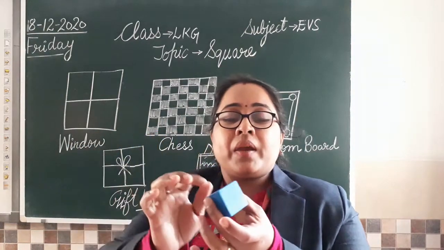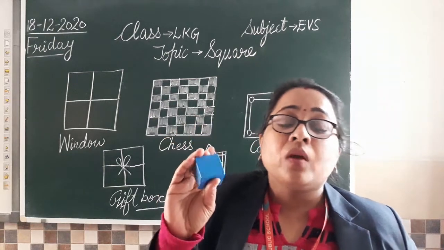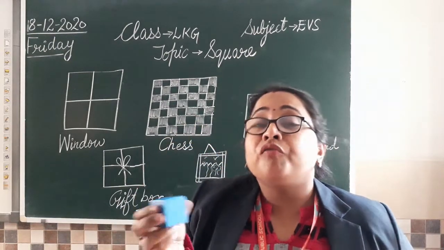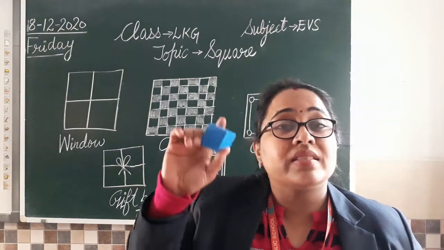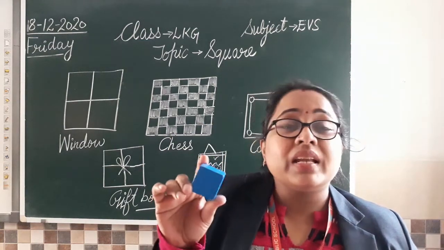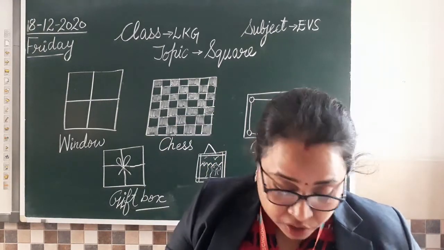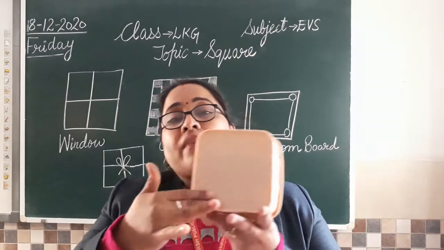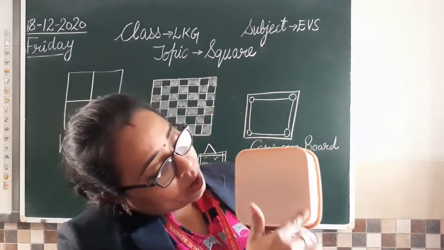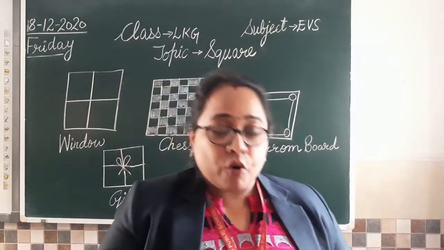अलग अलग sides पे numbers लिख सकते हैं हम. उस पे numbers के dots बने होते हैं. 1 dot, 2 dots, 4 dots, 6 dots, 5 dots, 3 dots. इस तरह से numbers होते हैं उस पे 1 से लेके 6 तक. So again, that dice is square in shape. Then can you see I have a box here? I have a box. This box is also square in shape. 1, 2, 3, 4. इसकी 4 sides हैं.